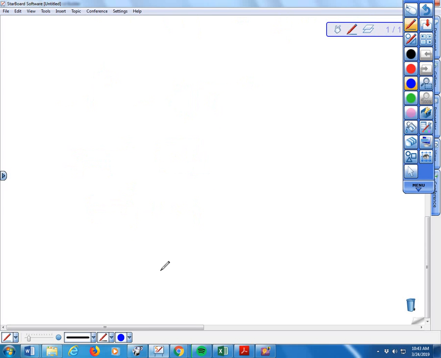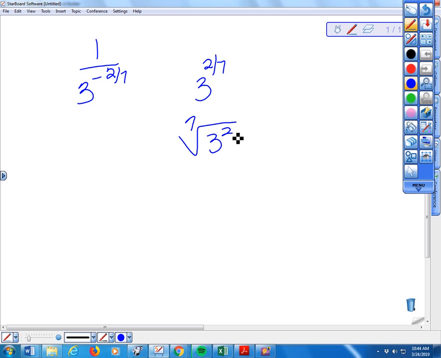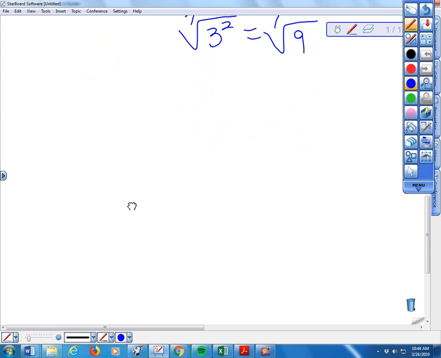All right, the next one I want to have you simplify to write it in its simplest form. So let's do this. 1 over 3 to the negative 2/7. So the first thing I'm going to do is go ahead and flip it. So this becomes 3 to the 2/7. Now I know this is the 7th root of 3 squared, which is the 7th root of 9. Okay. Next one,